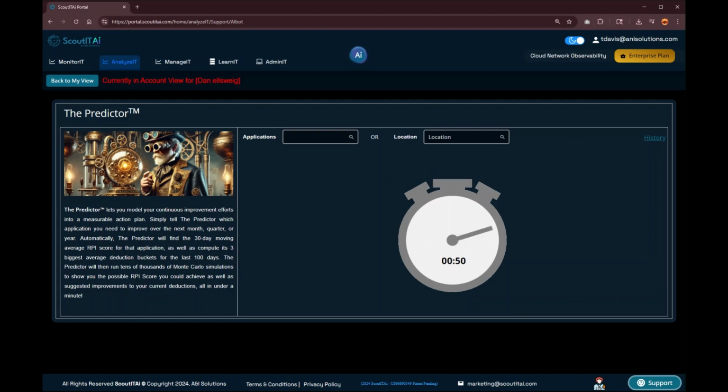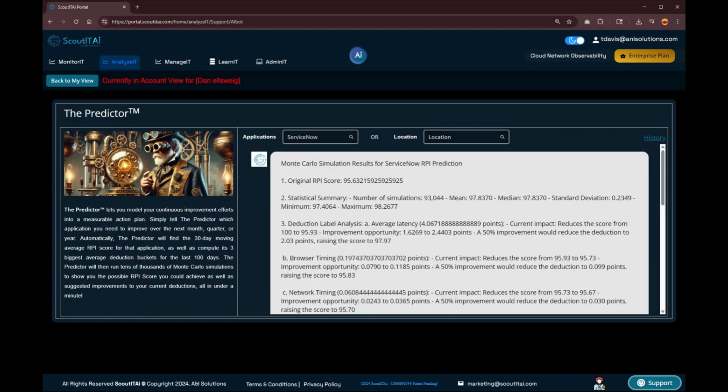The goal is that he comes out, number one, with a good analysis of what you need to do to make things better. And number two, he'll provide you with a histogram to show you the results of his, let's say, 100,000 simulations. You'll actually get the histogram results in a chart. You could use this whenever you want. And as you can see, the predictor is pretty quick. That was about a minute, maybe a little less. I wasn't really watching, since I was talking.